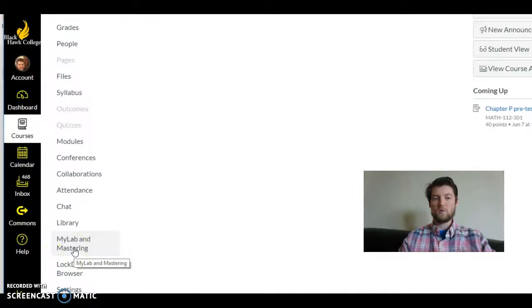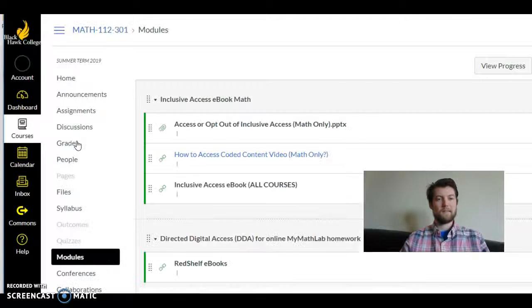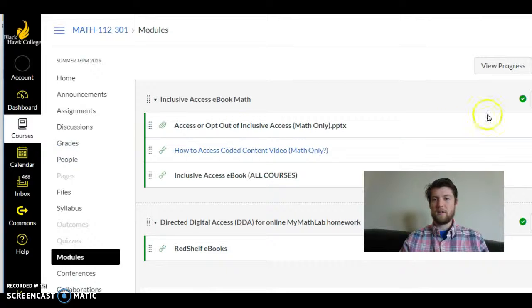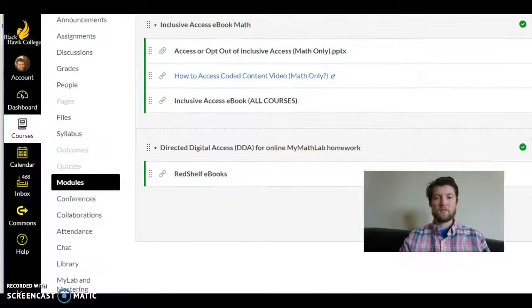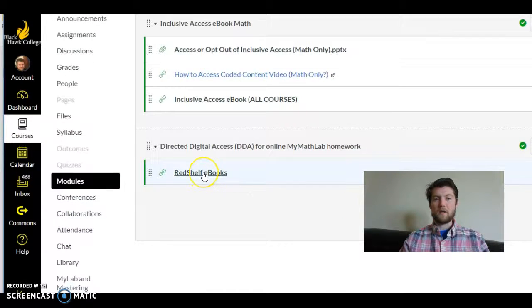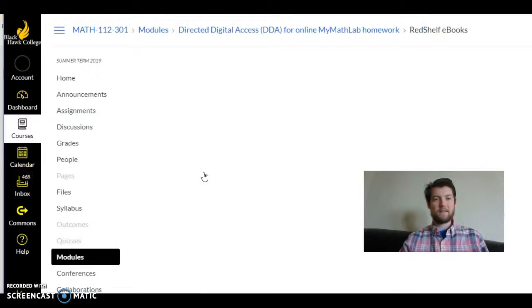You're going to use that, but first you need to click on this Modules tab, and we're going to be using what's called Direct Digital Access, and that's how you will be accessing your homework, which the homework software is called MyMathLab. So you're going to scroll down to where it says Red Shelf eBooks, and click on that,